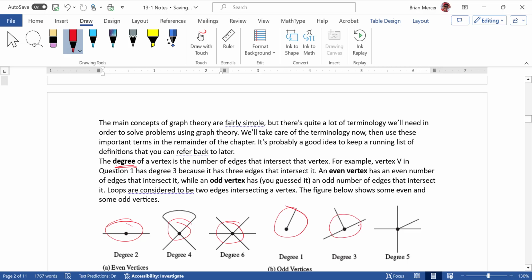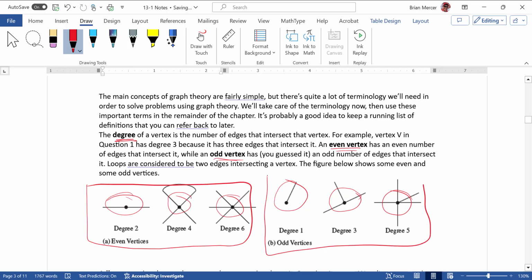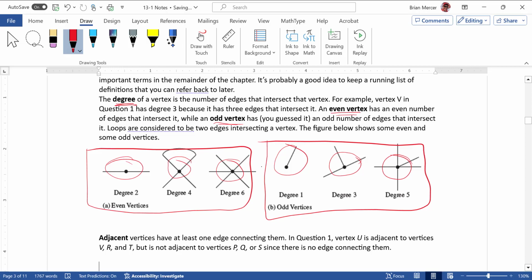That would be degree 3, and that would be degree 5. The reason we've got them split apart that way is we make a distinction between an even and an odd vertex, and that is, I'm just going to say, fairly obvious. An even vertex would be one that has an even number of edges connected to it, and an odd vertex would be one that has an odd number of edges connected to it. So just some important definitions there, and one other,